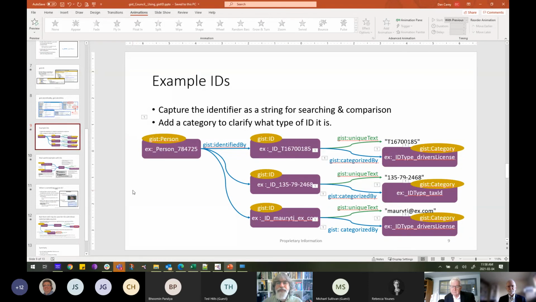So I was just kind of leaving it here, we just treat it as IDs for purposes of discussion. But I strongly try and avoid using the subclassing of the unique text or whatever for the IDs,